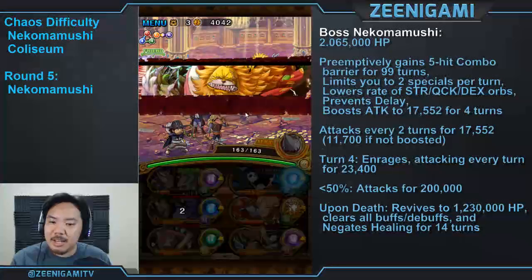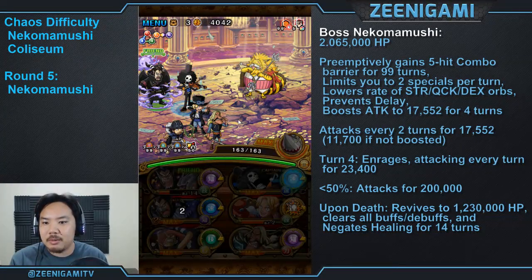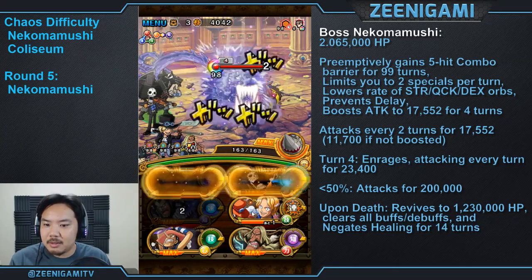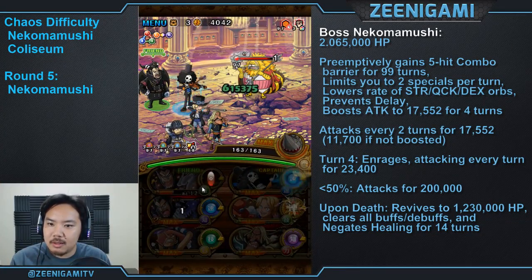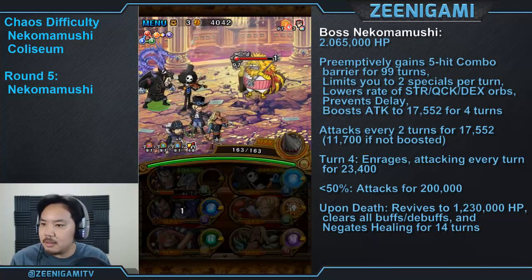my health is at 163, which is above the 70% damage threshold for Brook, which means even if we get our fodder unit back, our sailor unit back, the turn that Nekomamushi attacks will still be above 70% health, so Brook will still be able to keep us from dying. So here with Nekomamushi,